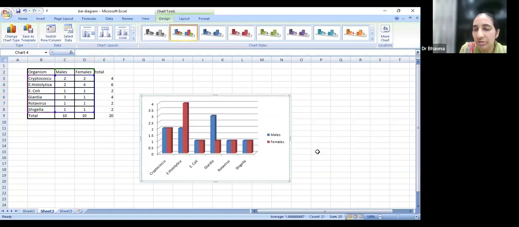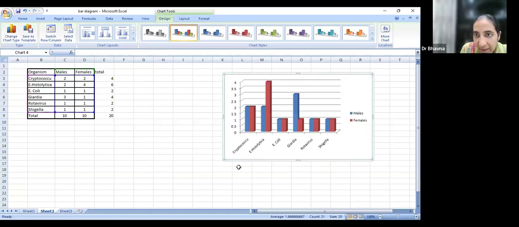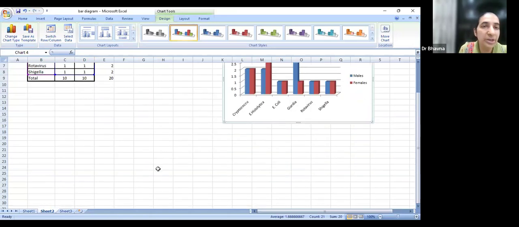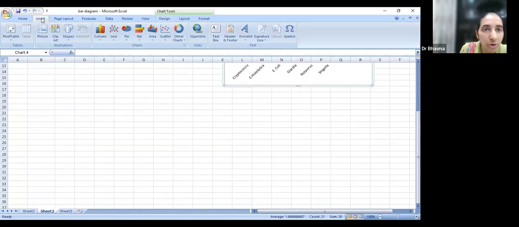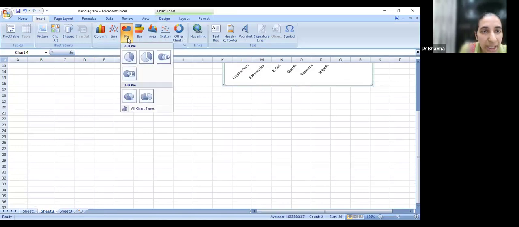See, the total column is gone here. This is your legend. This is your cryptococci, E. histolytica. Males में सबसे ज़्यादा क्या है? Giardia. Females, E. histolytica. So this is your multiple bar diagram, right? Now you know that there is a way in which pie charts can also be drawn, wherein you can compare. So what is the kind of chart that you draw? You draw a donut diagram, okay?